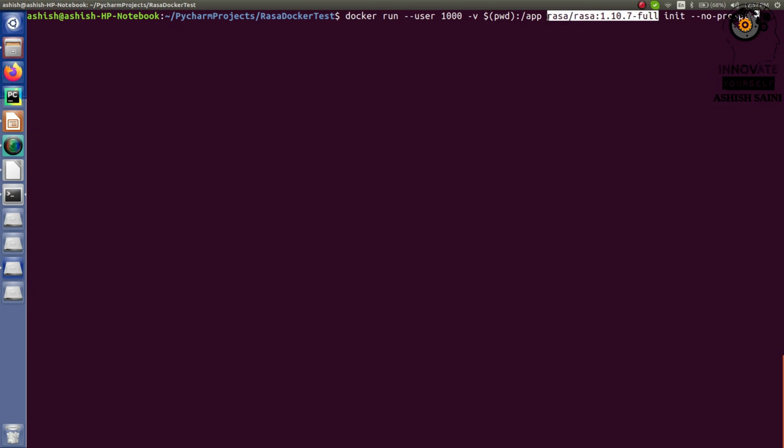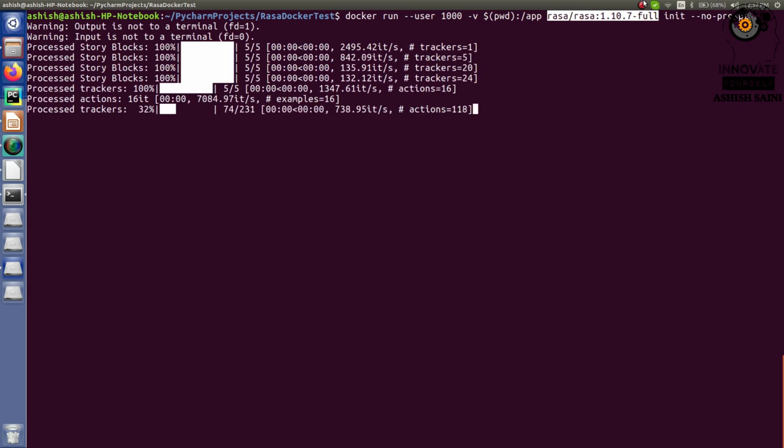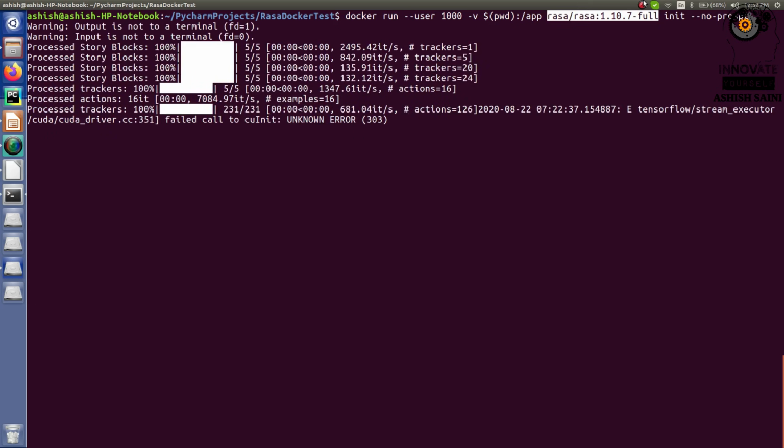And the reason I am not using the latest version is that it is going to consume a lot more time, because it will download around 800 to 900 MB of data, which may take some time depending on the internet speed. So that's why I'm not going for it. Now just press enter, and it will start checking whether this Docker image is present on your Docker or not. If it is there, it will directly start working. Otherwise it will first download it and then move ahead.